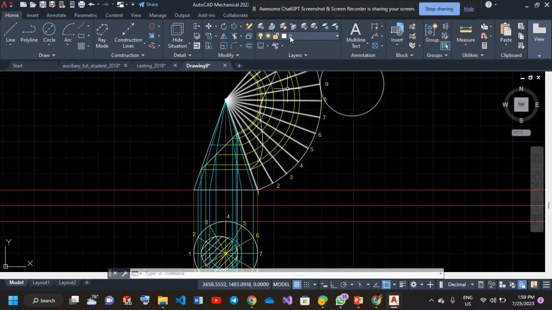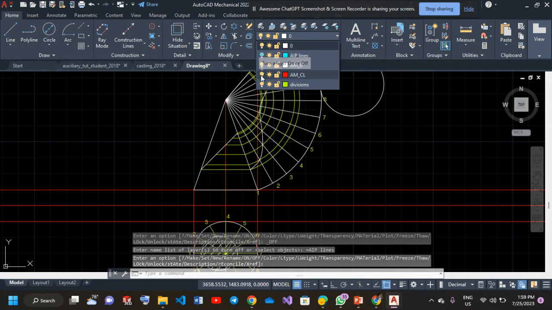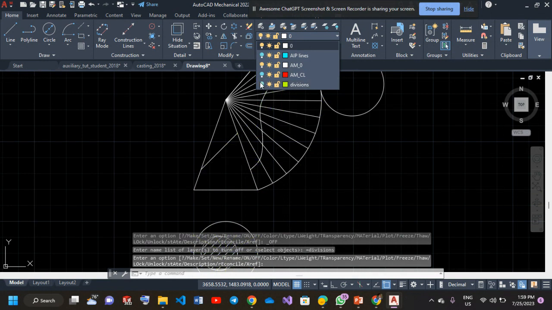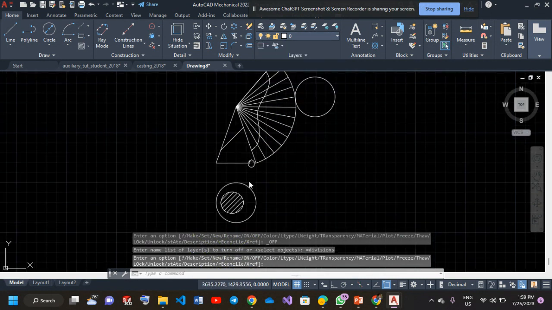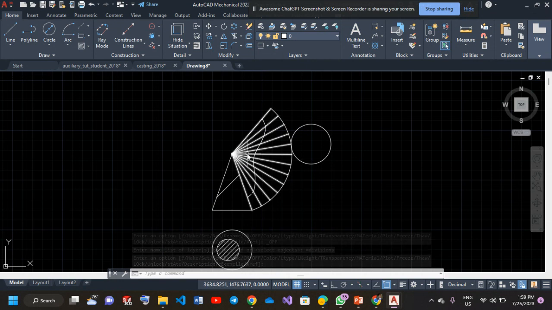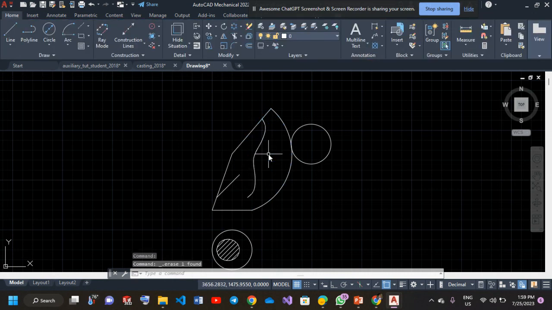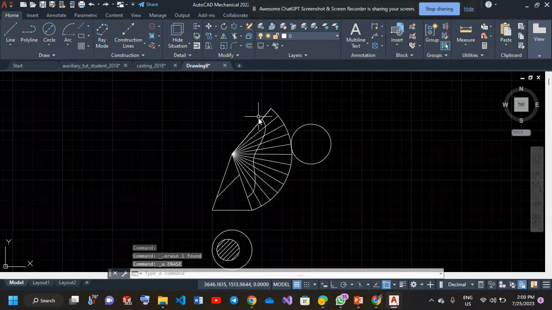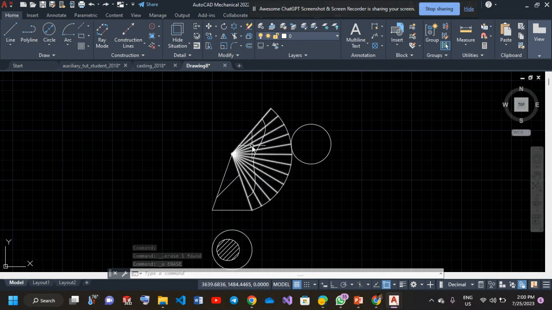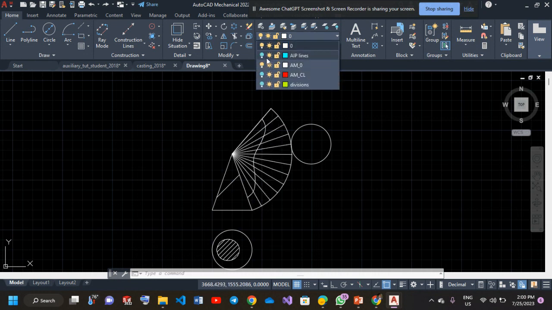Okay, this is basically the development. So I can put everything off. I'm going to put AIP lines off. I'll leave only the outline there, and then the divisions to off in this orientation. So I'm going to get a final product like this, something like that. Okay, so you can choose to delete these lines. You see, when I deleted it, everything is gone off. All right, but most of the times we keep it for us to show that these are construction lines and to indicate the methods that we use to draw our